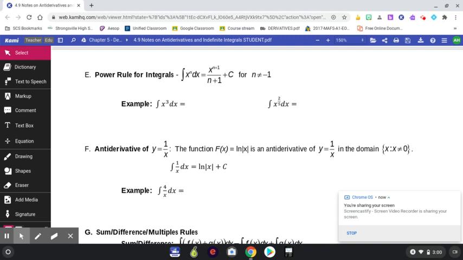All right, I am back with the backside. Sorry, I couldn't resist. Okay, so on the front we talked about this power rule, but I'm just going to